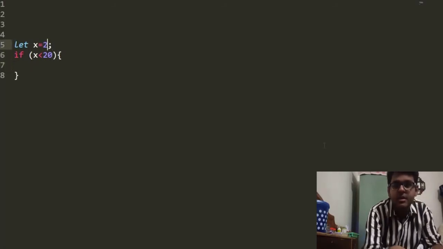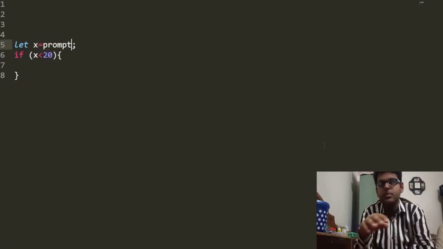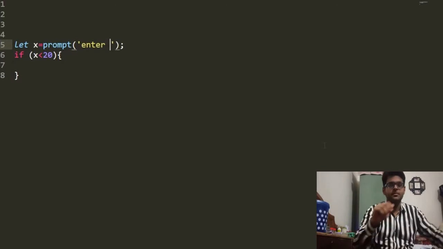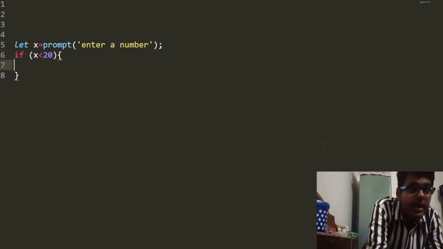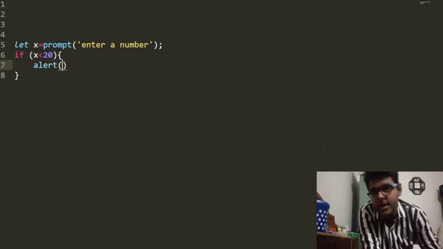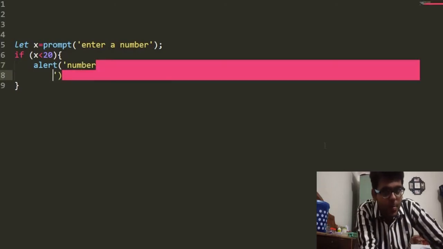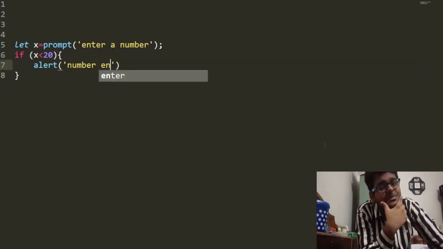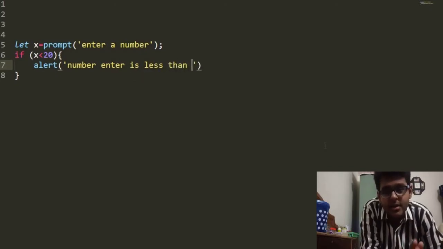Better in this case is let x equal prompt, enter a number. So if x is less than 20, we say alert, number entered is less than 20.